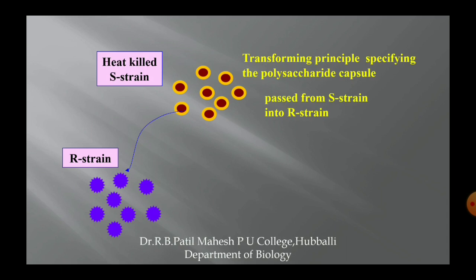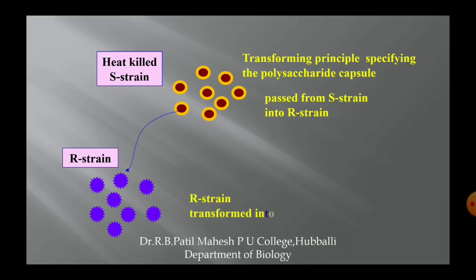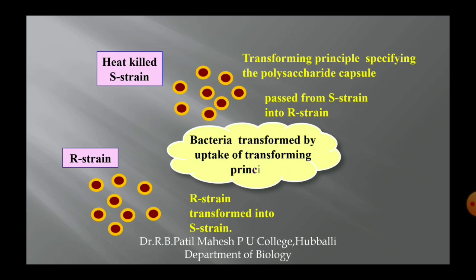These substances somehow transform R cells into S strains. That means the substances which enter from heat-killed S cells into the R cells transformed R cells into live S cells, and these substances